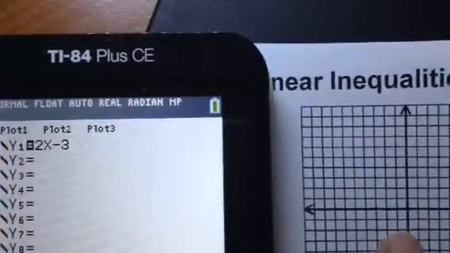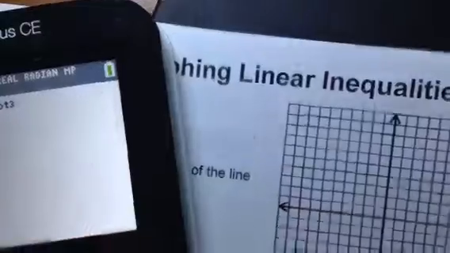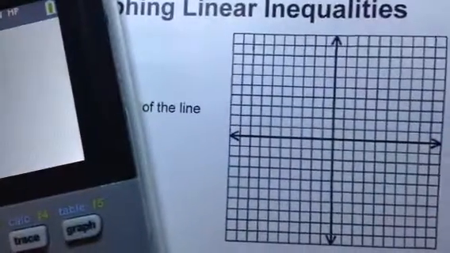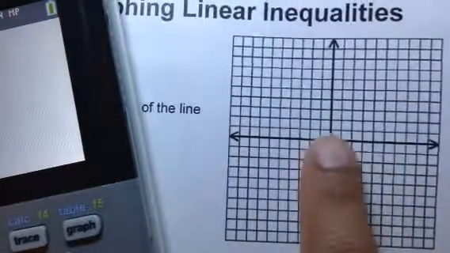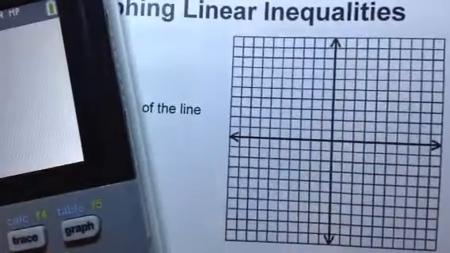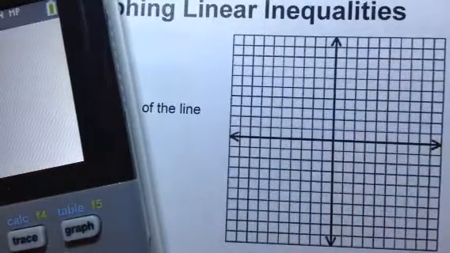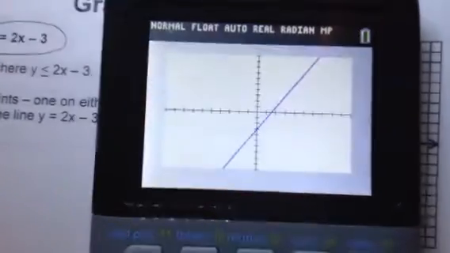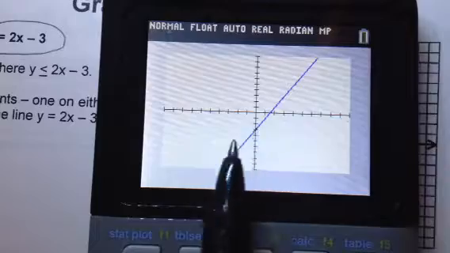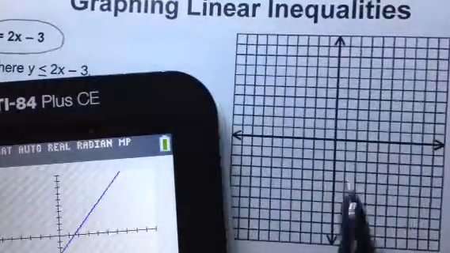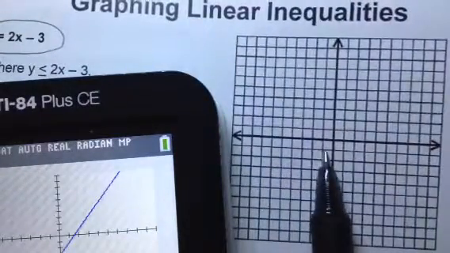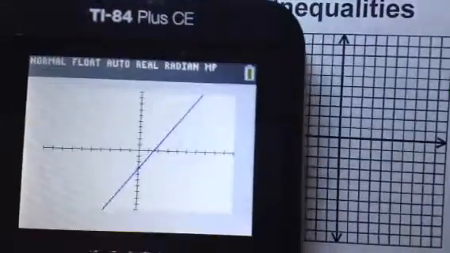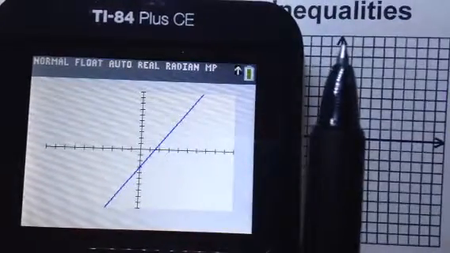Now, if you count out these, this is a 10 by 10, so 10 this way, this way, this way, and this way. And when you graph your equation on the calculator, it also has a 10 by 10. So this graph should almost match identical here. Now what you're going to do is go to second graph